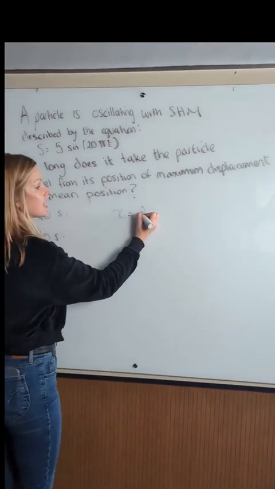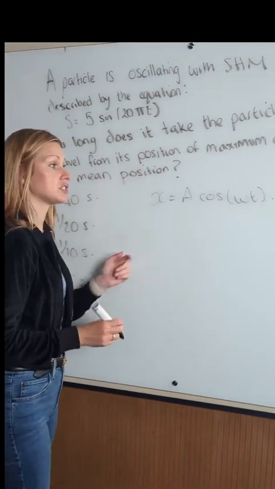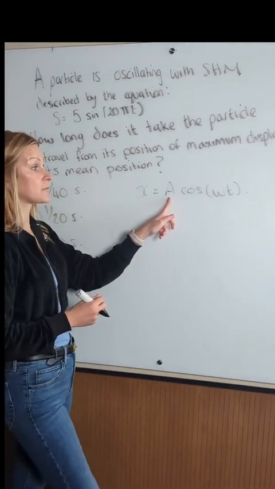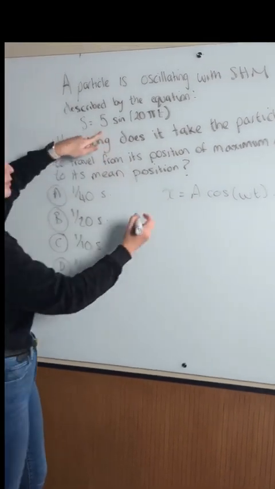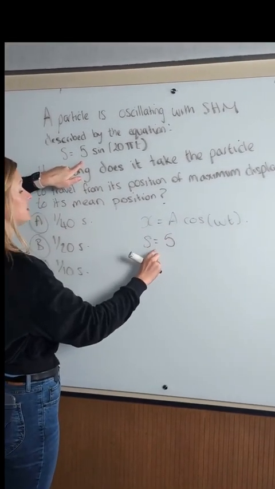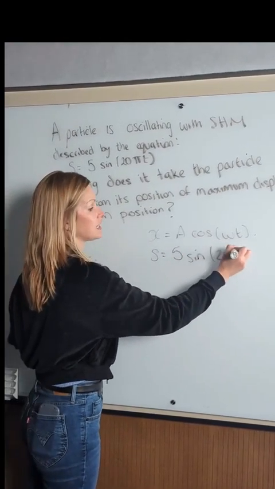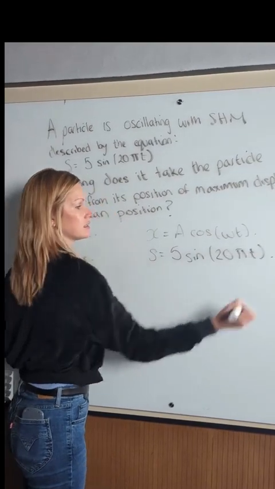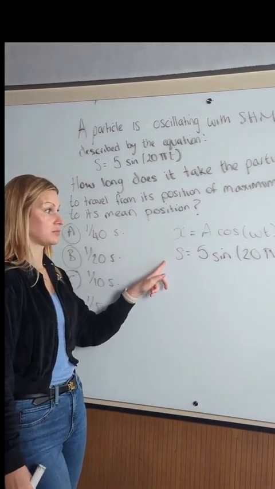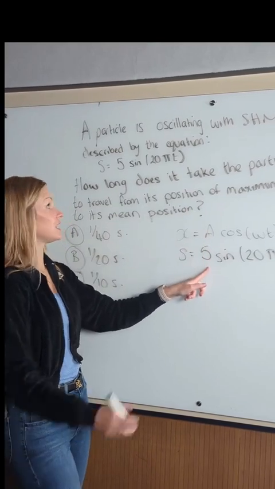and again see x equals a cosine of wt. So again, that's for something that starts at a maximum amplitude of positive a. So I look at my equation I have, and I want to compare them. So I have s equals 5 sine of 20 pi times t. Okay, so my s is trying to show me the displacement. That's the x. Okay, I can see its maximum amplitude is 5,